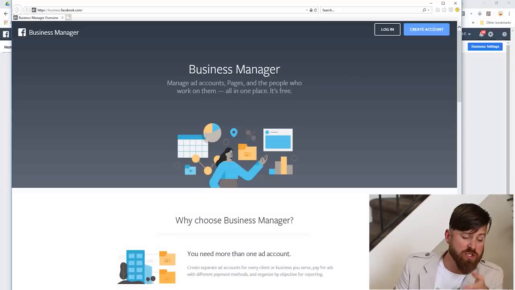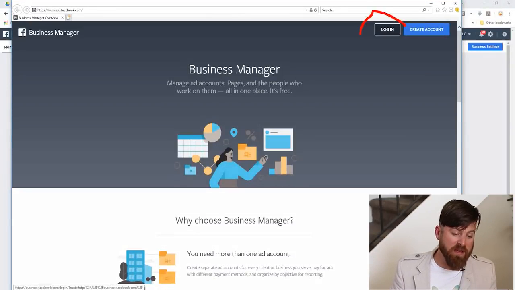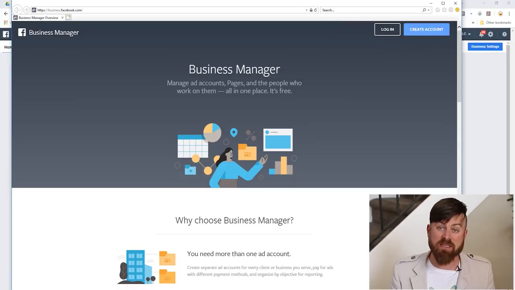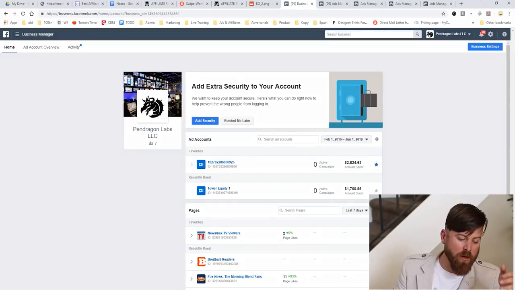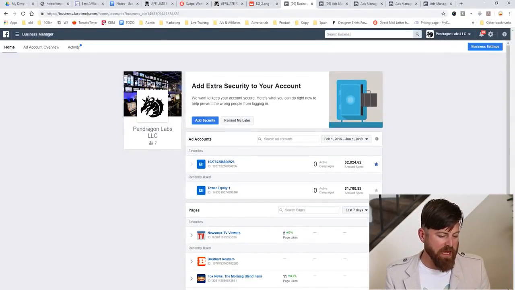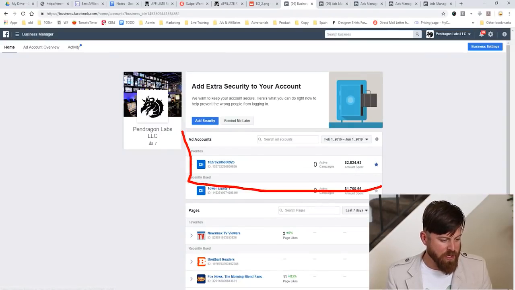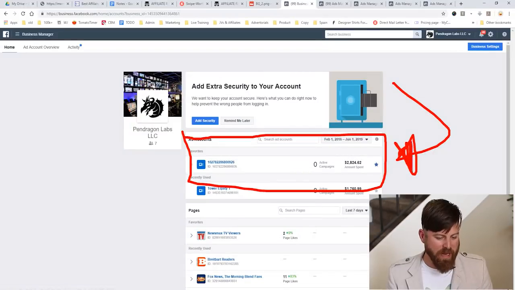Okay, so to start, you'll need to either log into Facebook or create an account. So if you haven't already created an account on Facebook, most people in the world have. So here we are in my Facebook Ads Manager, and you'll see, you can set up multiple accounts, you can set security, but we're going to go into one of my ad accounts right here, and we're actually going to